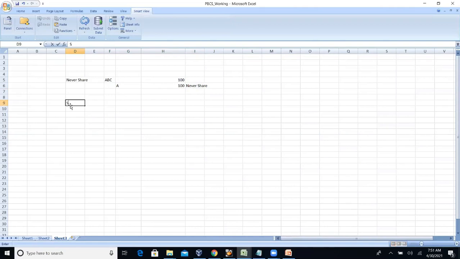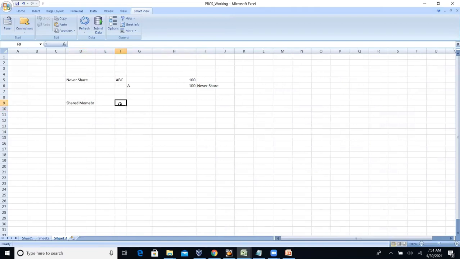Next one is shared member. I have the requirement. I have the base hierarchy, the stored member hierarchy: A, B, C, D. This is 10, 20, 30, 40. Total is 100.